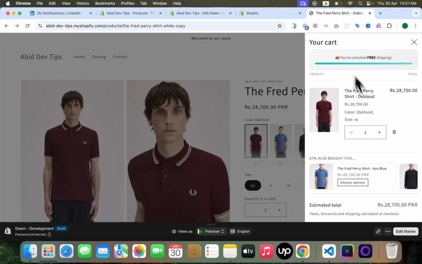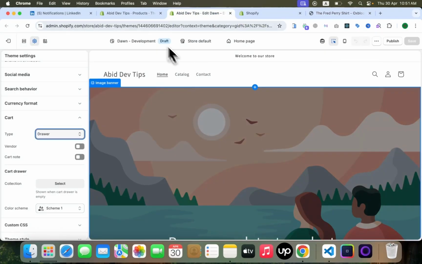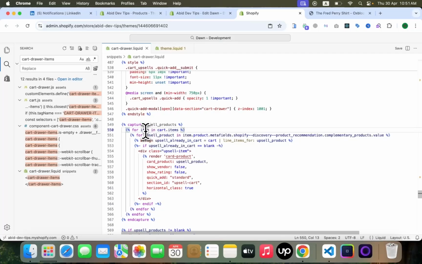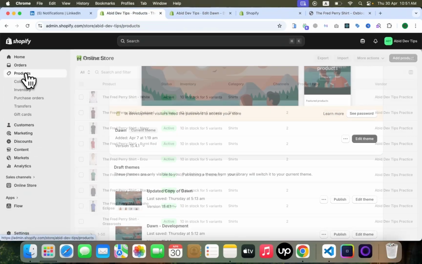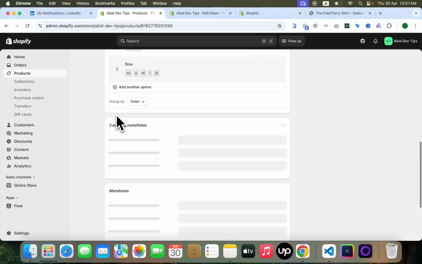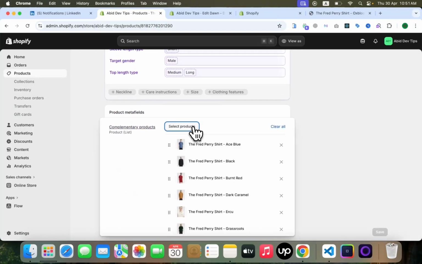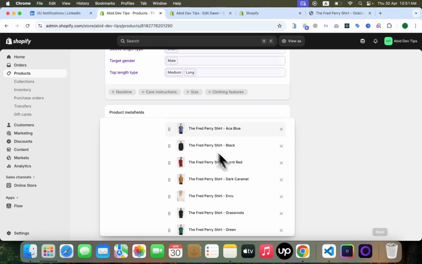For example, we take the first item in the cart and pull all of its linked upsell products, these upsell products that we linked. Pull all upsell products one by one